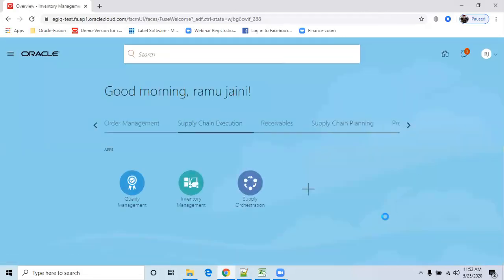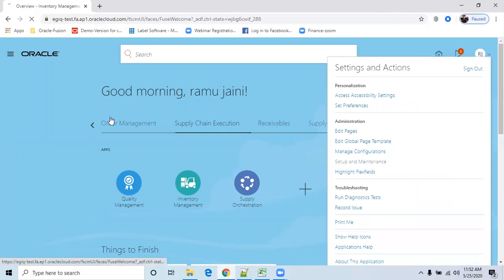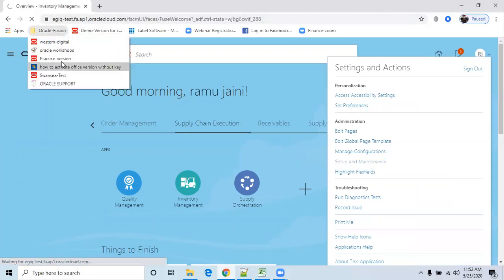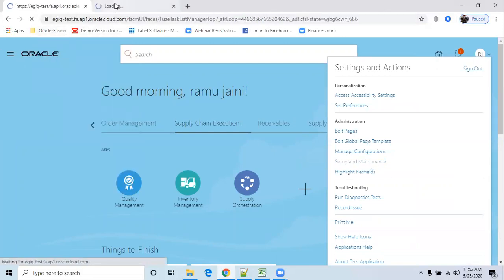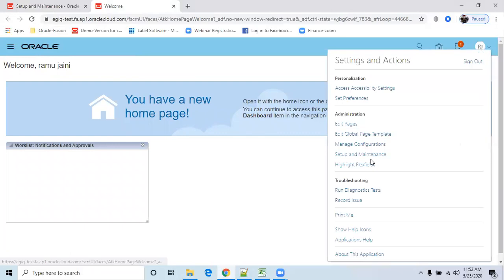So go to manage locations in the setup and maintenance. I'll open one more tab. First I need to verify what is the location of my destination inventory organization.